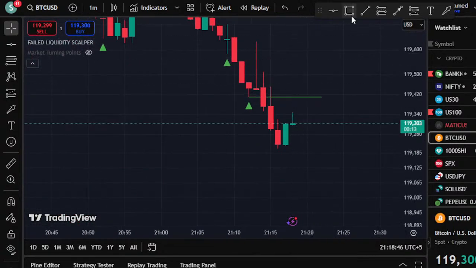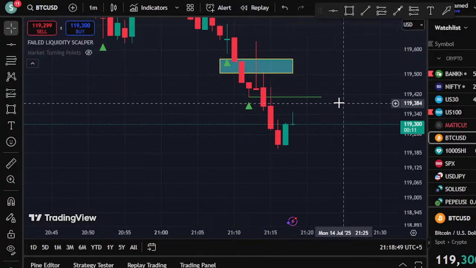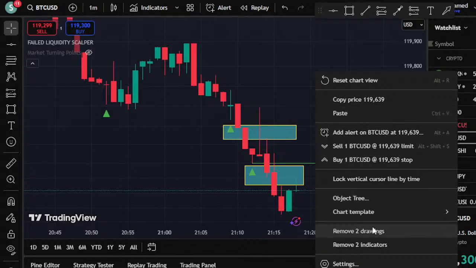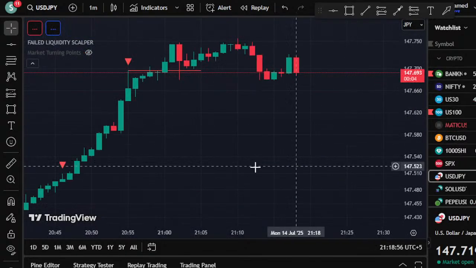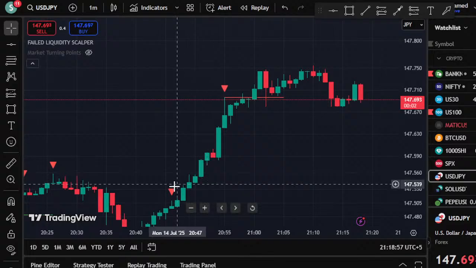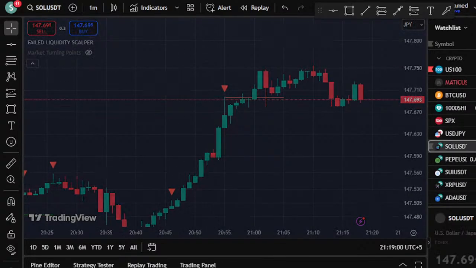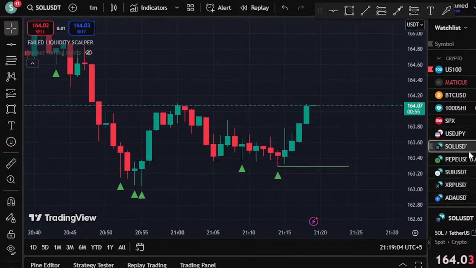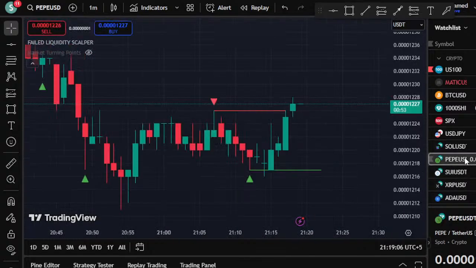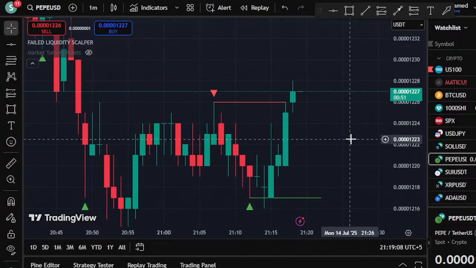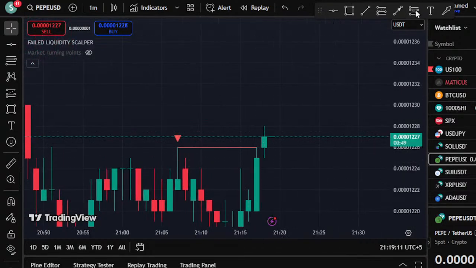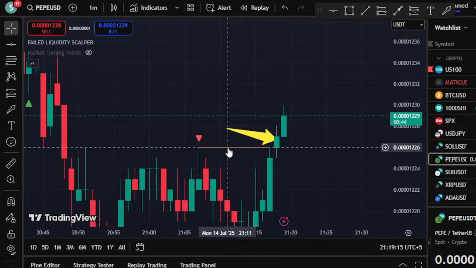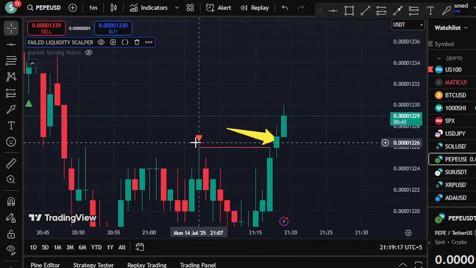Okay, look at this Bitcoin. 1 minute again down and 1 minute again down. So this is the main power. I'm not showing you any fixed charts, I'm not showing you any previous data, I'm showing you everything live. Let's go to crypto right now. Let's see, is there any signal on crypto? Okay, not on Sol. Let's have a look on PEPE. Okay, yes, look at this. This is real time. PEPE USD, it's a buy on the 1 minute, because this candle has successfully given a close above the high of the signal candle.